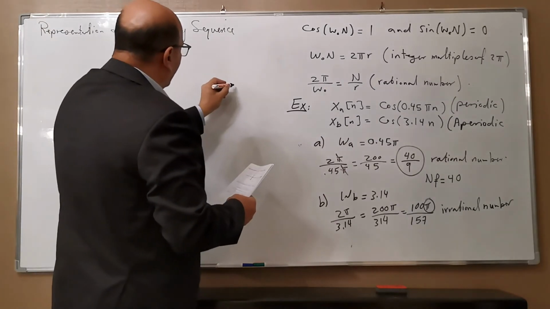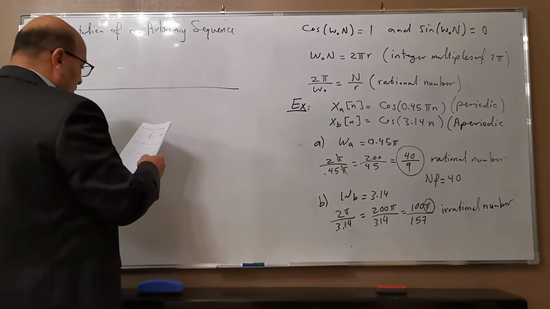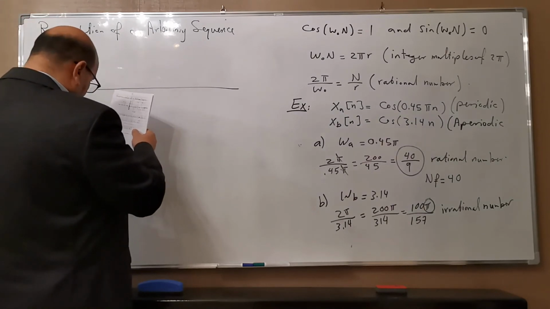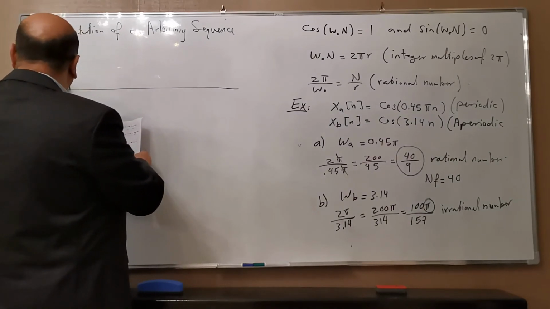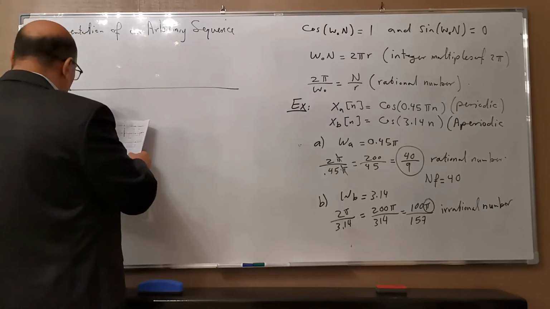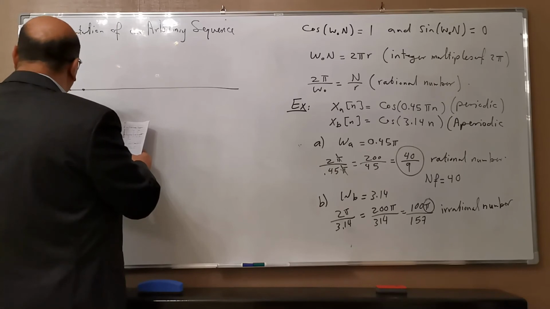Okay, let's take an example. We'll take a signal with 0.5 at minus 2, 0 at minus 1,